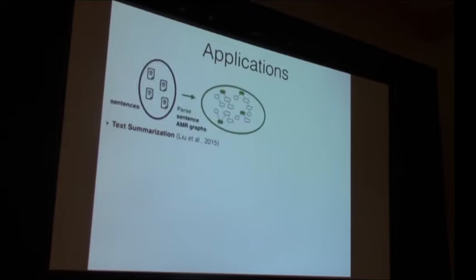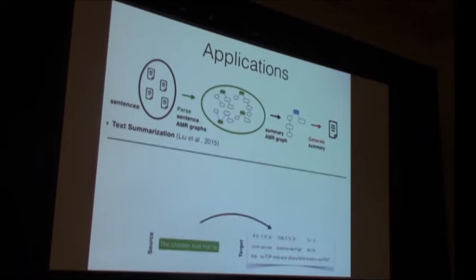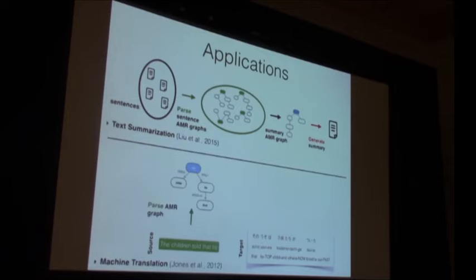Right. So parsing to AMR and generating from AMR can be useful in many applications, such as, for example, text summarization. Imagine a scenario where you begin with a bunch of sentences, but you parse them into the corresponding AMR graphs. Then you compress them together into a single unique AMR graph, and then generate the resulting summary from there. Or similarly, in NMT, usually you start from the source text and then you go directly to the target text. But there are cases where you can instead go from the source text to the source meaning representation graph, do a graph-to-graph transformation to the graph of the resulting target language,